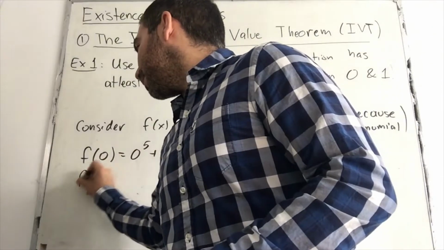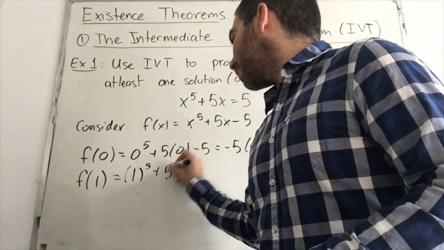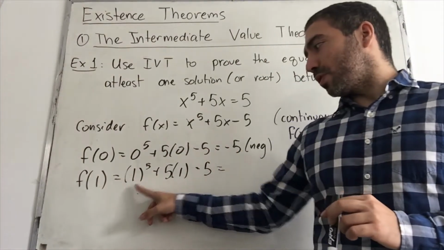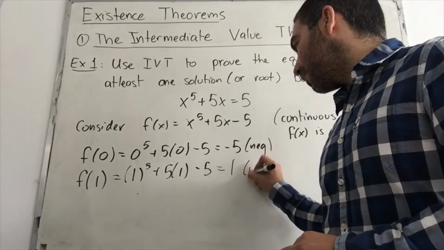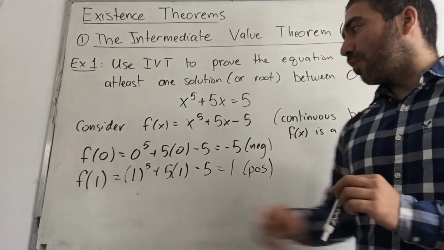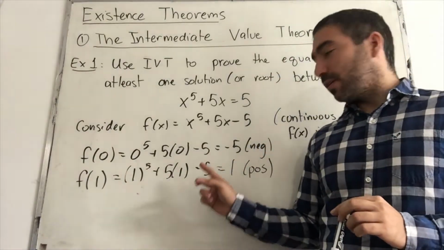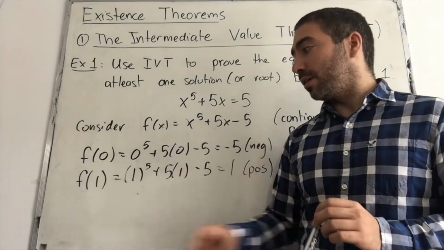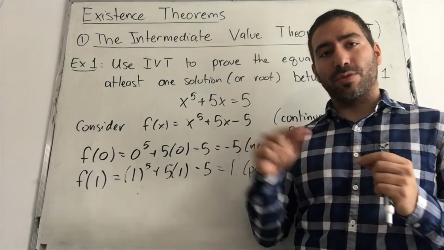If so, we're done. So 1 to the 5 plus 5 times 1 minus 5. This gives us 1 to the 5 is 1 plus 5 times 1 is 5 minus 5 gives us 1, which is positive. So when we plugged in 0 and 1, we got a negative and a positive. That means that in between 0 and 1, there has to be a root by IVT. Since this gave us a negative, this gave us a positive value, at some point the function has to cross